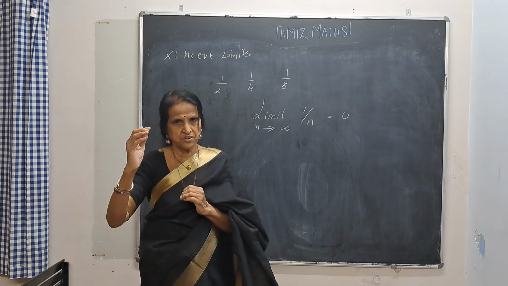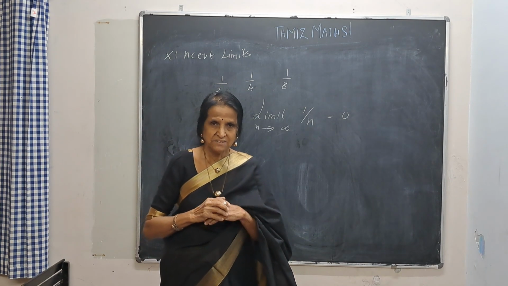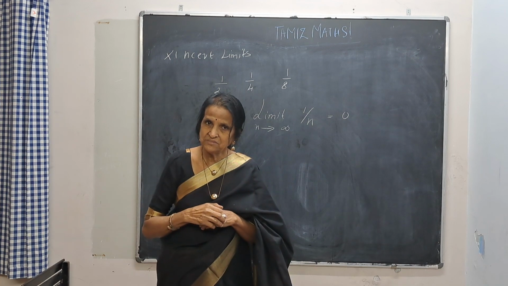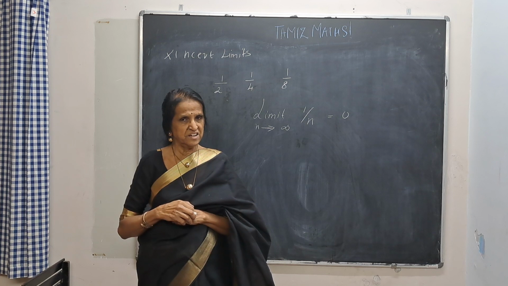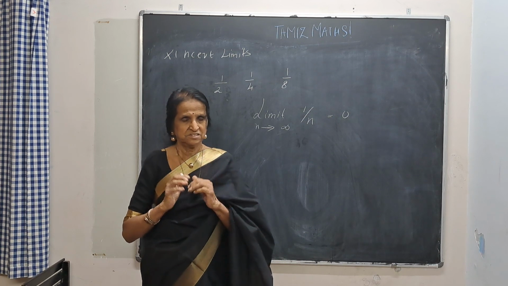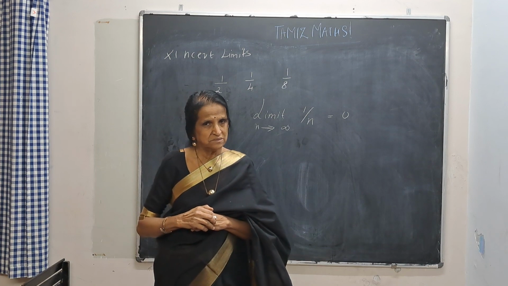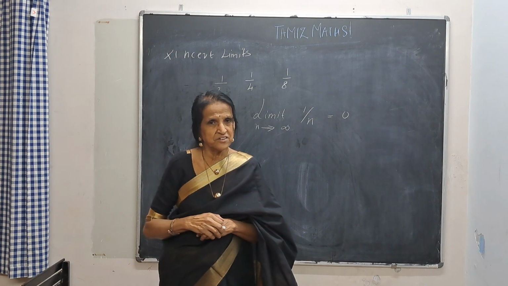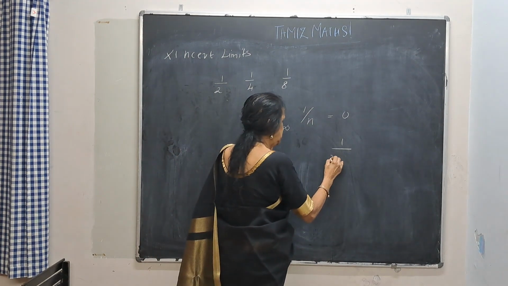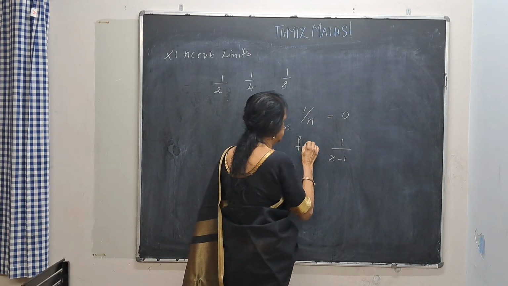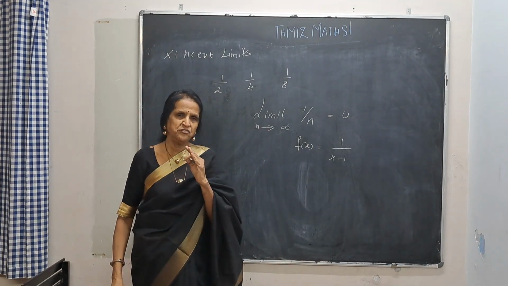A function is real. So when I say something is real, that means there is something which is not real and which is not defined. Square root of negative numbers is not real. When the denominator happens to be 0, that is also not counted in the function. For example, you have 1 by x minus 1 as f(x). And I ask you, what is the domain of x?